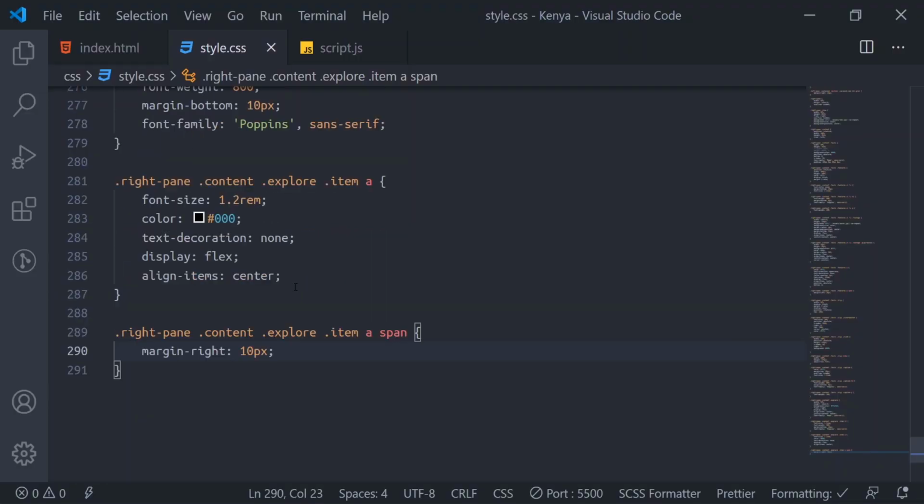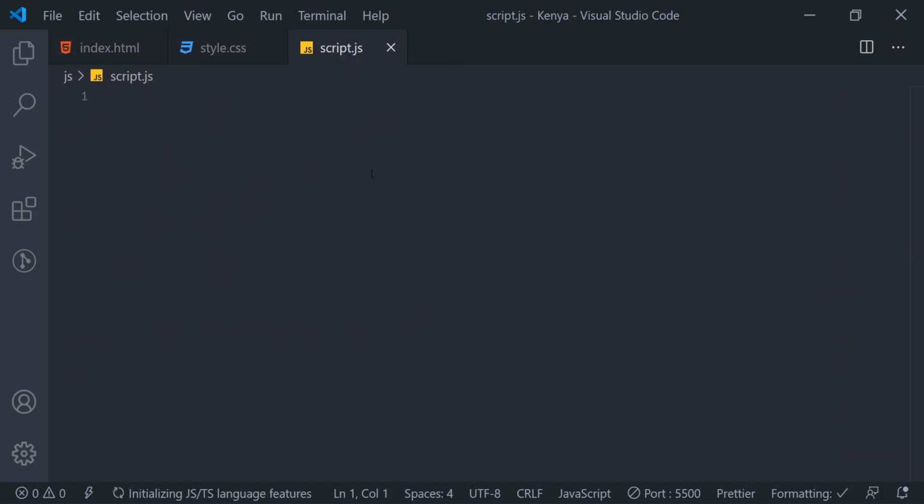So what we'll do, we'll grab our JavaScript here. We'll create a function, we'll just say init.